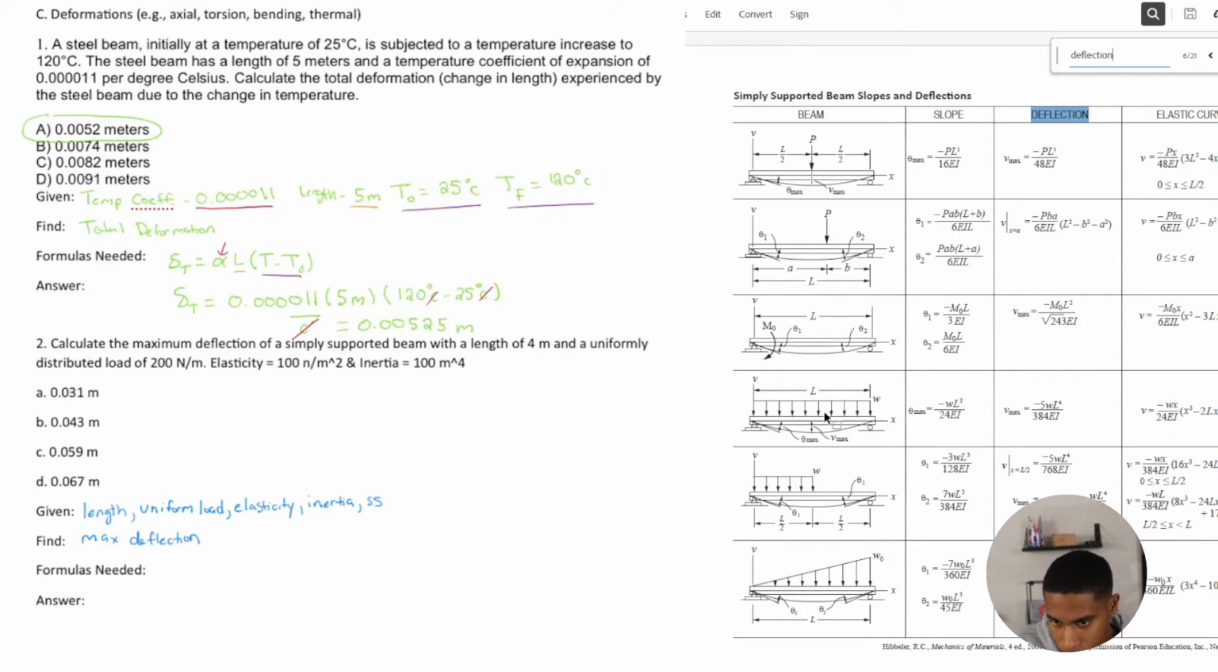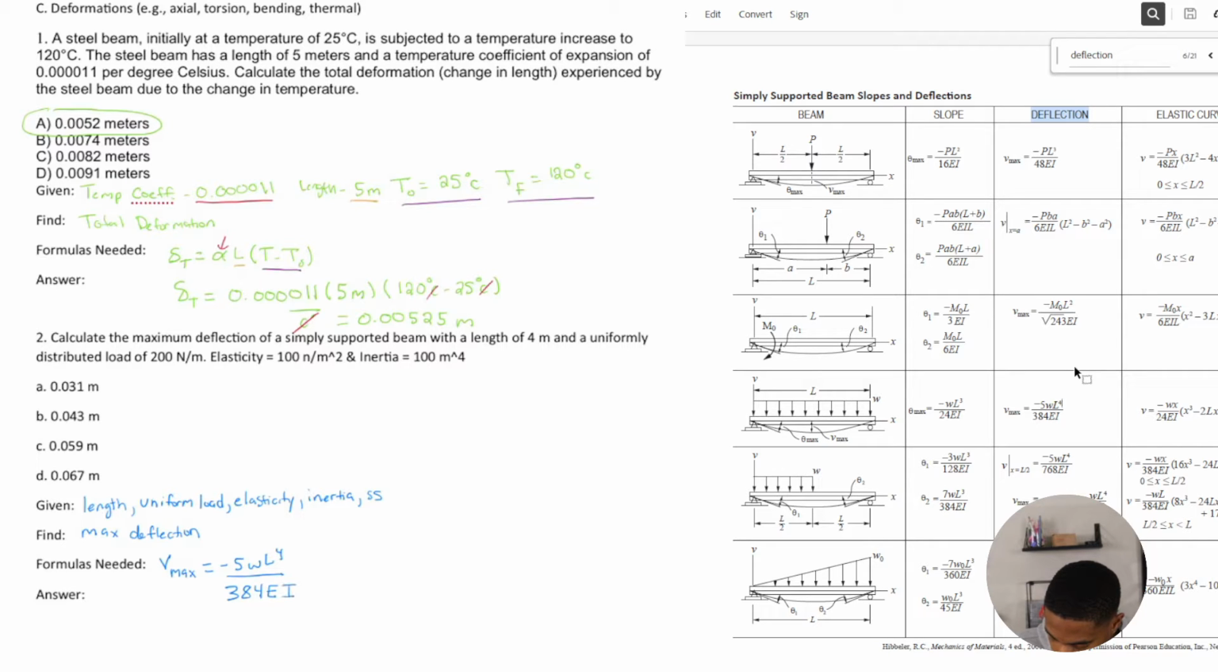So we need a uniform distributed load, which is here, right? Is uniform across the whole beam. And so I know that we need to use this formula here. So formula needed is going to be V max deflection. Let's see if we have all the variables that we need. Okay, equal to -5 W L to the 4th over 384